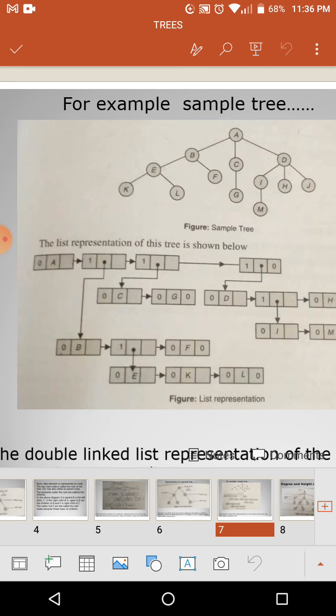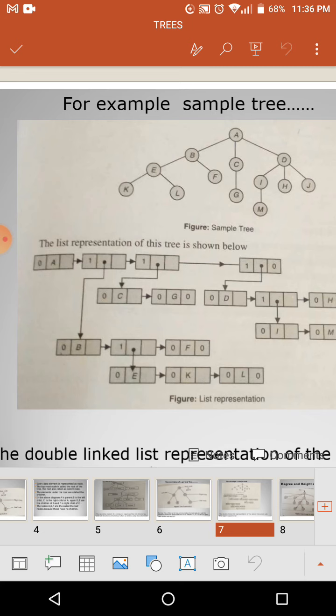The left child, who is the left here? E. EKL is one of the subtrees. So again E will be represented with EKL. So you can understand how the data will be represented. A tree is subdivided into subtrees, and a subtree will again be divided into one more subtree. This is the kind of data representation using the linked list.